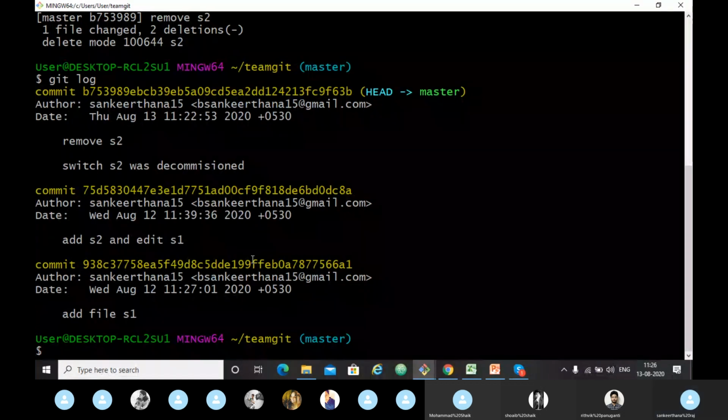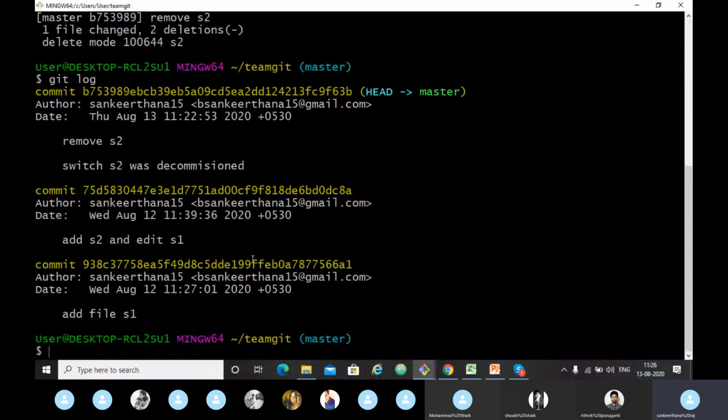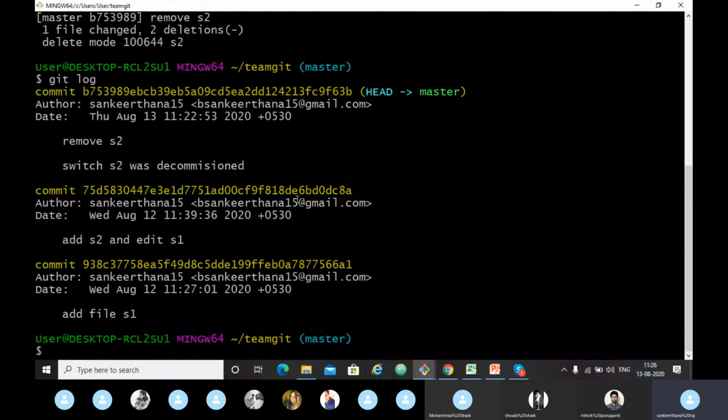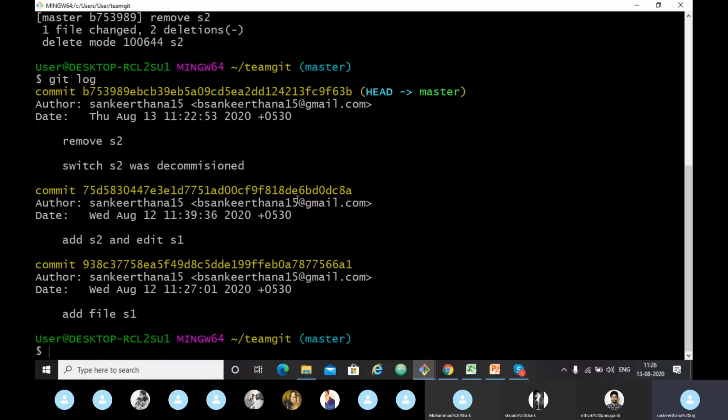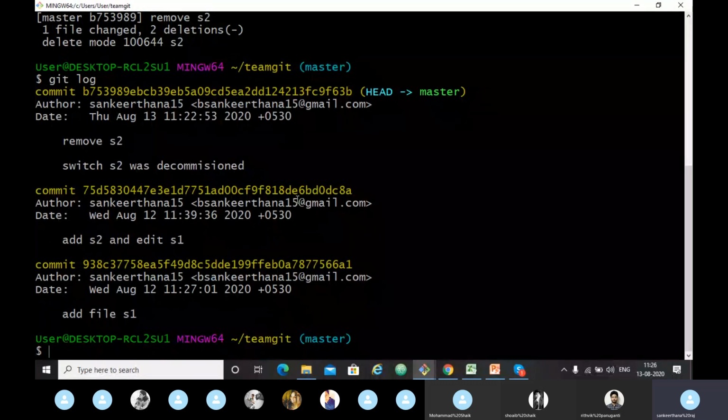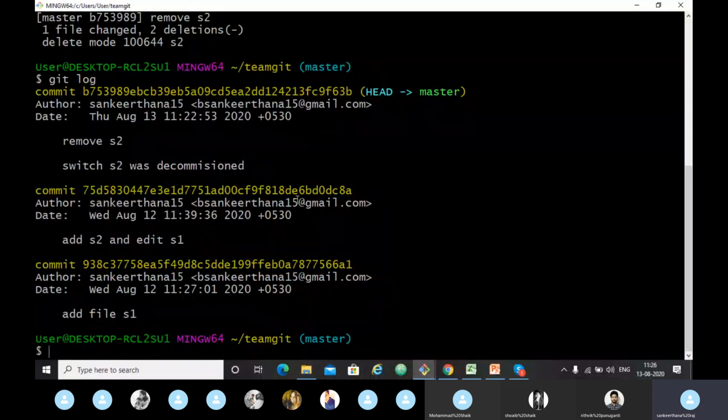Okay, so now we have built up a git history. We will see how to undo the changes we have made to the working tree and the staging area as well, meaning we want to restore it as it was before. So now let's start by making changes to S1 again.